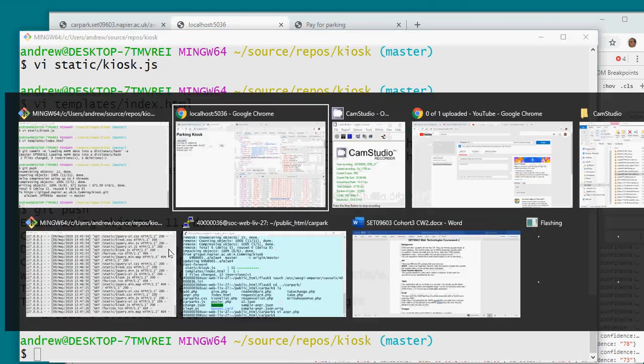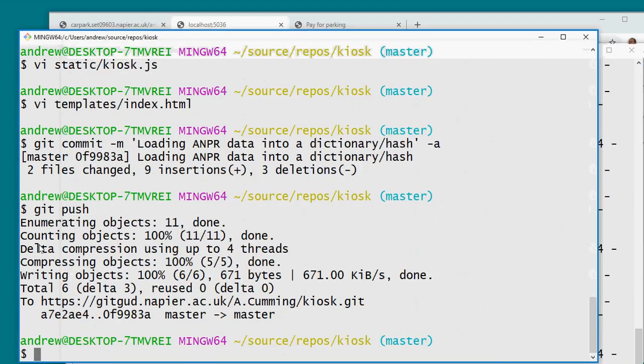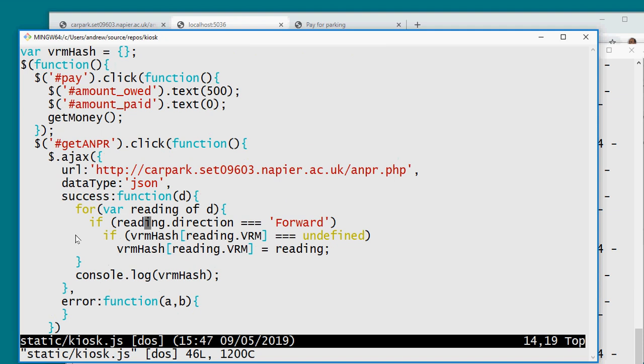Okay, so I'm not sure if the server's running. Yep, looks like the server's running. This is the static folder, and this is kiosk.js. Okay, so when the user clicks on pay,